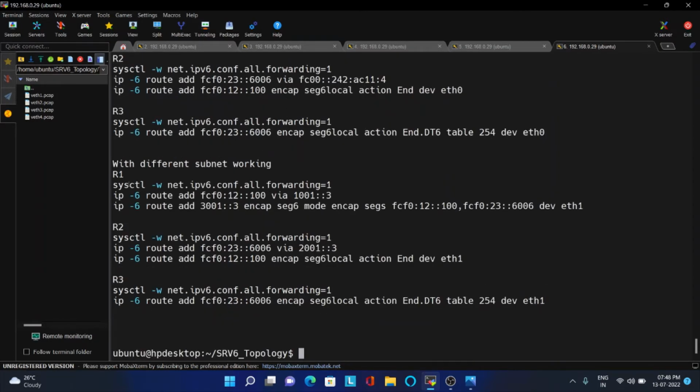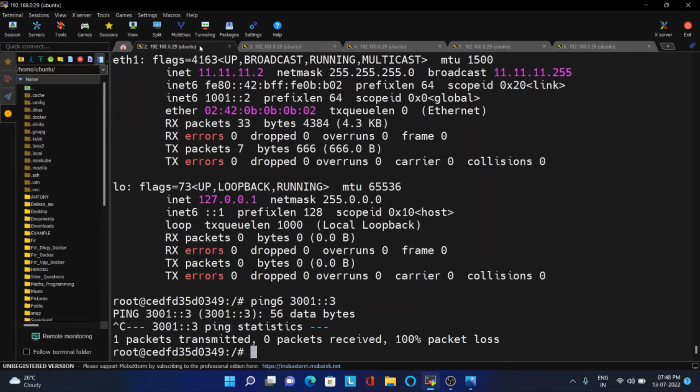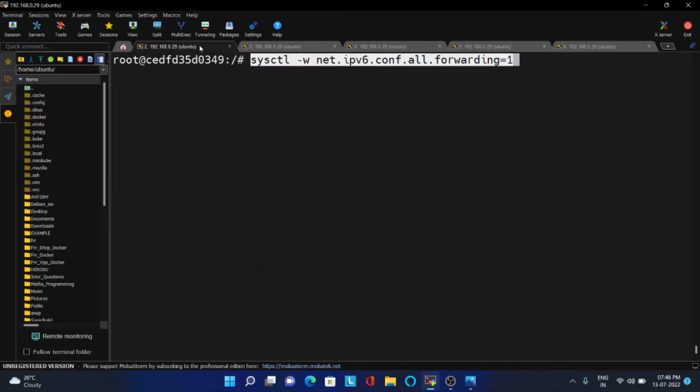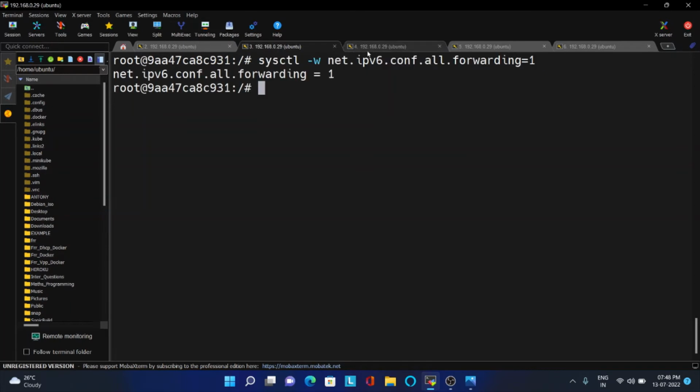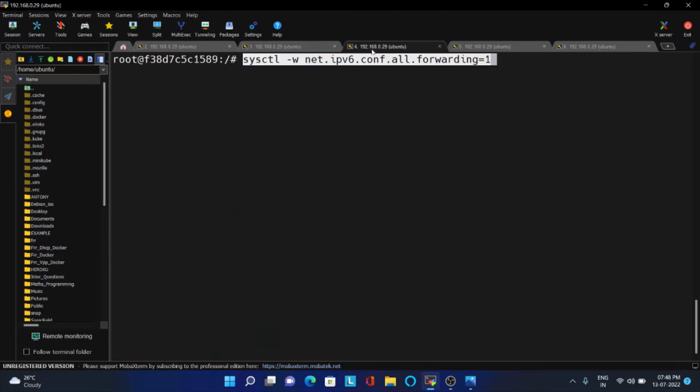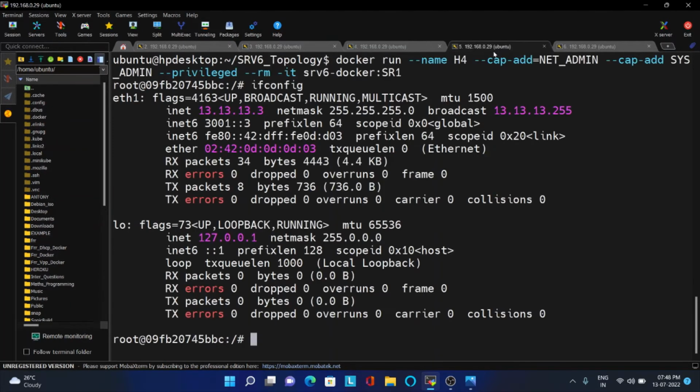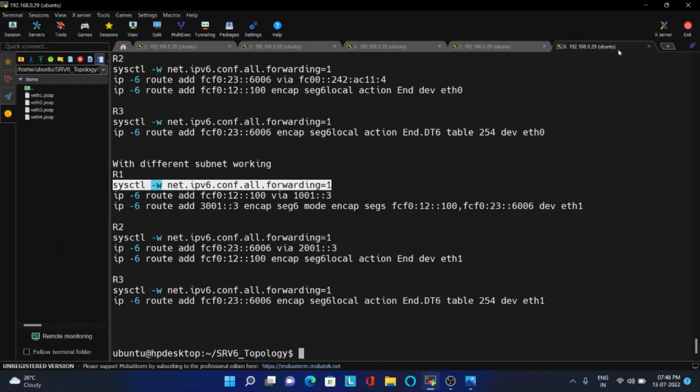In R1, R2 and R3, all the nodes, you have to enable IPv6 forwarding. That is the first step. Enable IPv6 forwarding in all the 4 nodes. Yes, we are done. Then in R1 you have to add